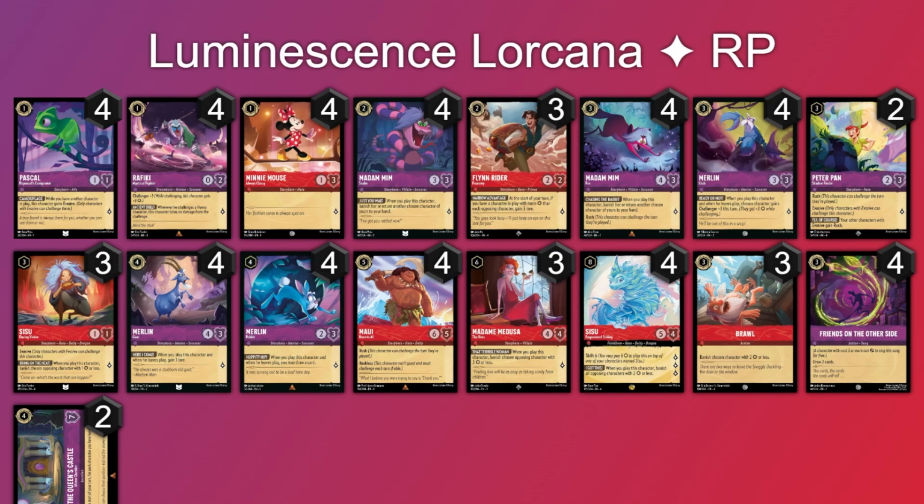And then 4 Rafiki's just there to hit when he needs to hit. And then 4 of the Minnie Mouses, she's just really there for the bounce, but she also is good because she dodges a lot of the steal things that are going to be able to take her out early game. So I like to have her in there as well. 4 of the Snakes. Obviously, the bounce package is going to be in this. 3 of the Flynn Riders,